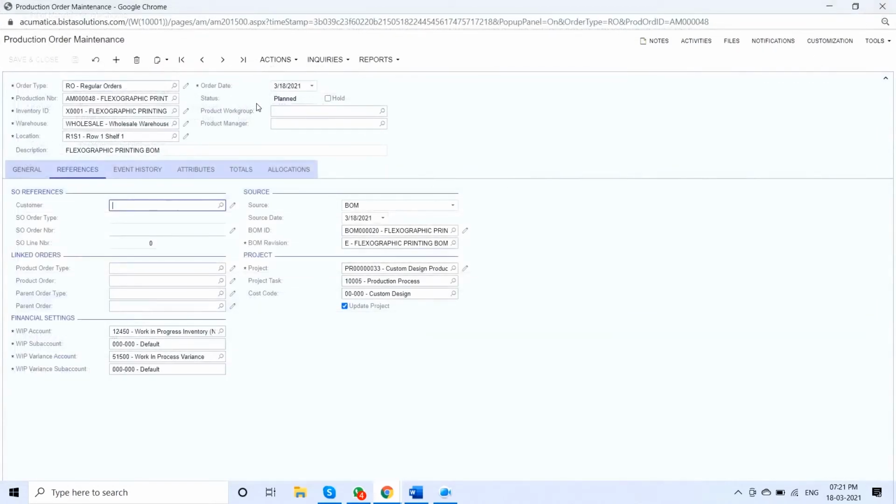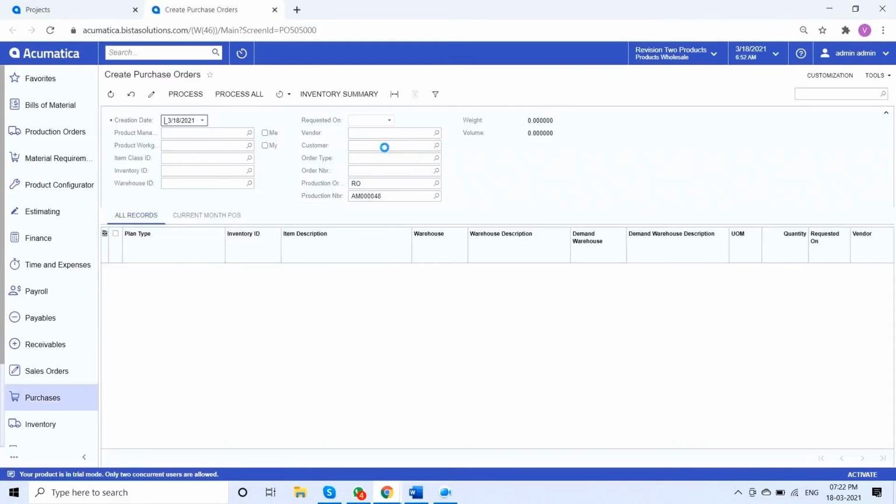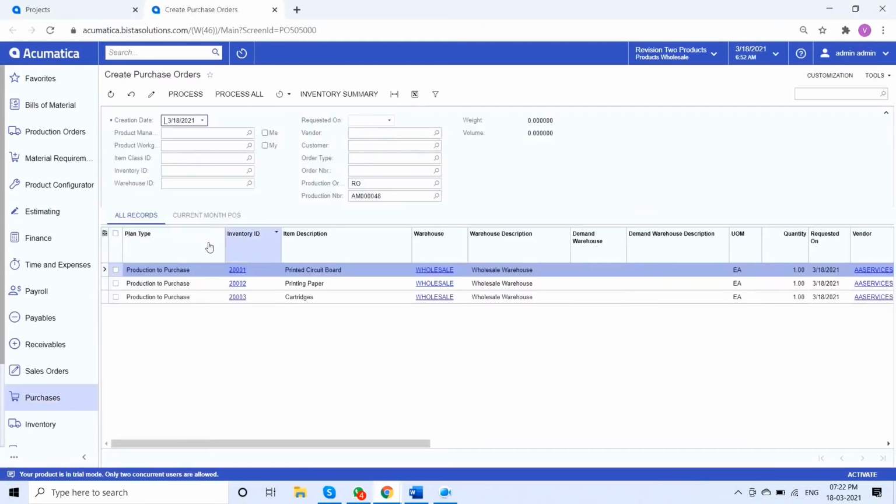So now I'll create a purchase order in order to procure the raw materials. I'll create the purchase order directly from my production order. Acumatica has shown me a demand for all the purchases required to fulfill that particular production order.